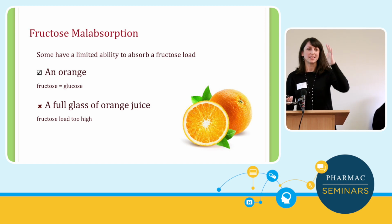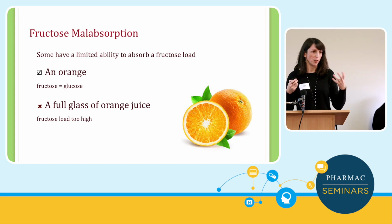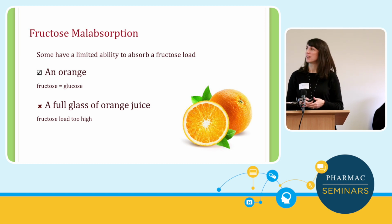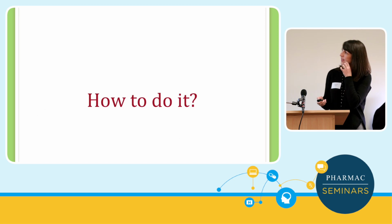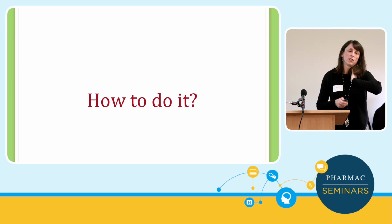Luckily we have lots of lists and lots of diagrams to guide people through, but it's very hard for people to remember off the top of their head. If they go somewhere and they're offered something, they almost have to get their app out to ask, can I eat that? It can be quite confusing. So how do people do it? With the nutritional management, I've been speaking to GPs in Wellington about a reduced FODMAP